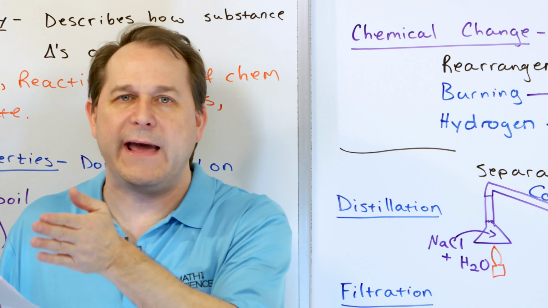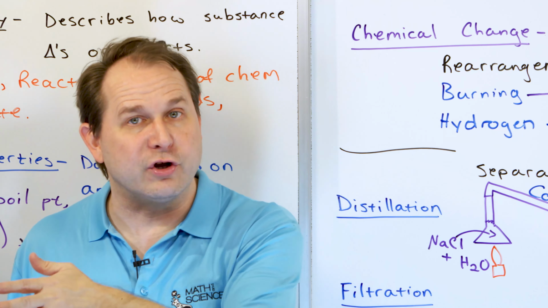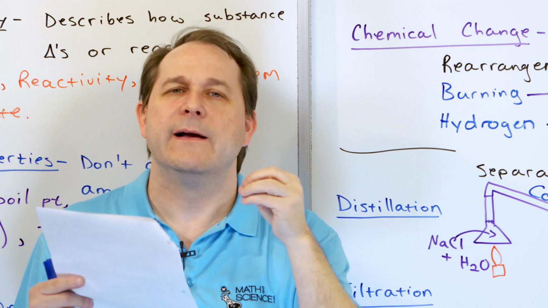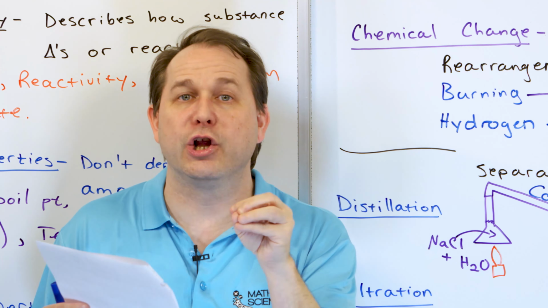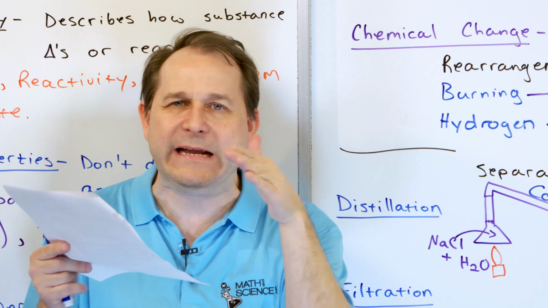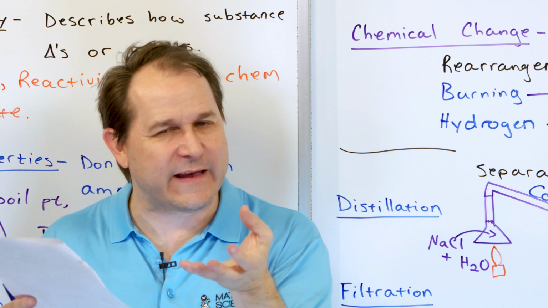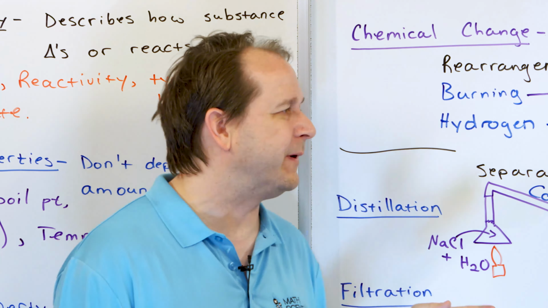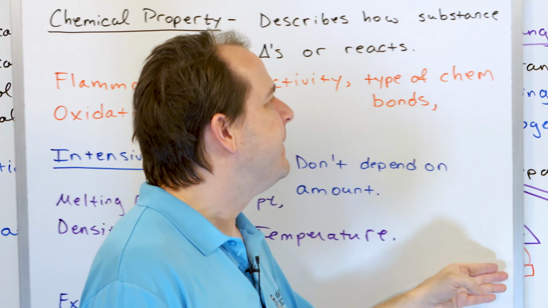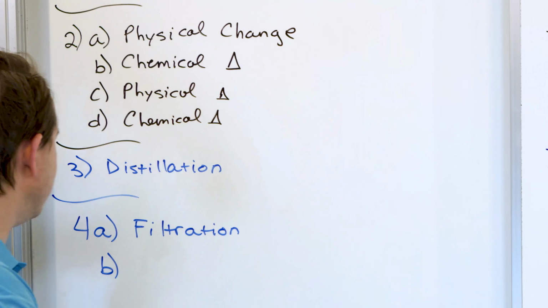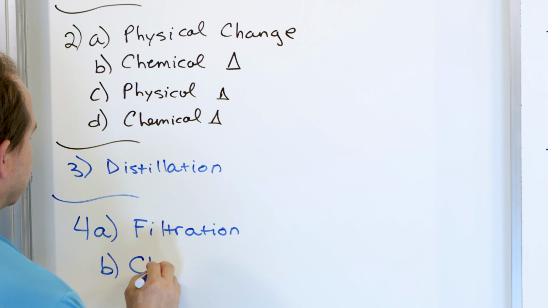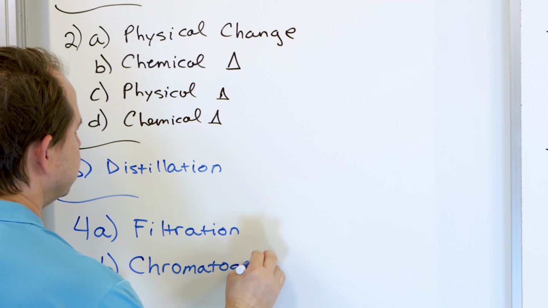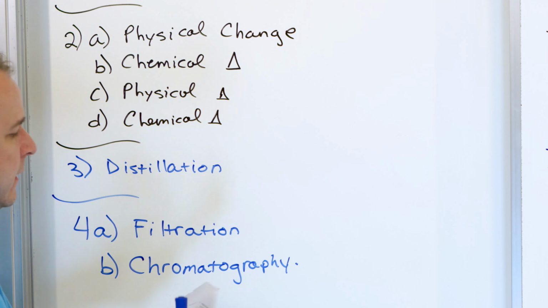So you can actually take sugar, put it in solution in a slurry, let it flow over a special chromatography setup, which over a long distance can take the colored particles out. Essentially, the speed of the colored particles, the pigments that are in there, is different than everything else, and so over a long distance, it can kind of pull it out. That's called chromatography. A clue here is you're trying to take the color out of something, so that's chromatography. So I'm just going to put chromatography. All right, chromatography.